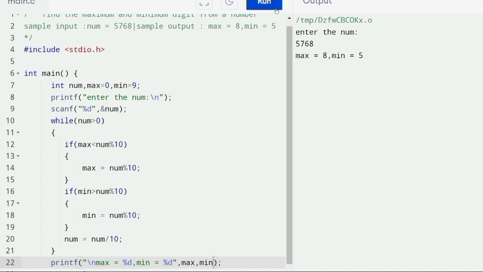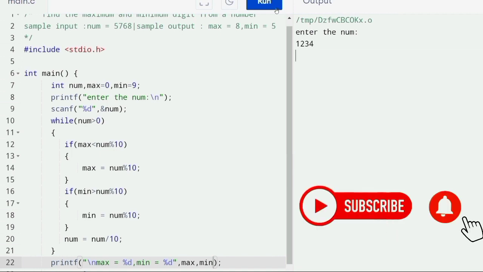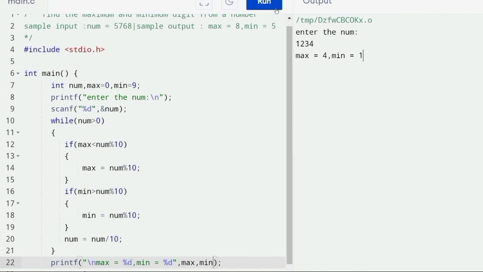Or you can give another input also. Let us check for another input. Suppose I am giving 1 2 3 4. Now if I press enter, you can see in this 1 2 3 4 the maximum digit is 4 and the minimum